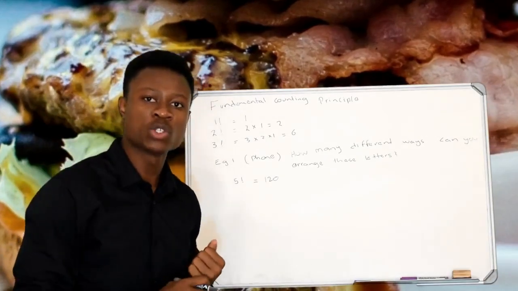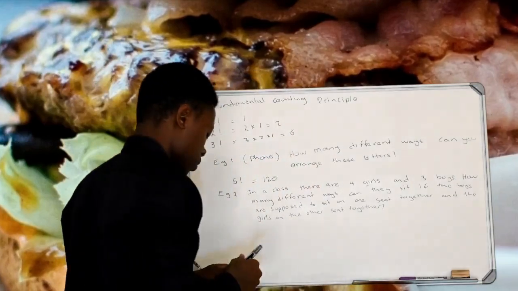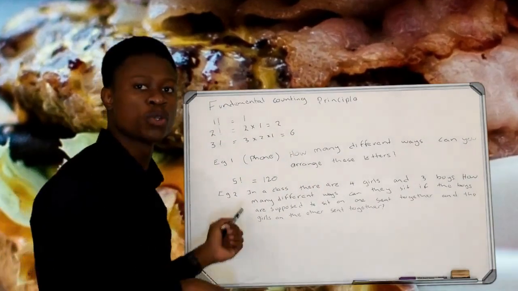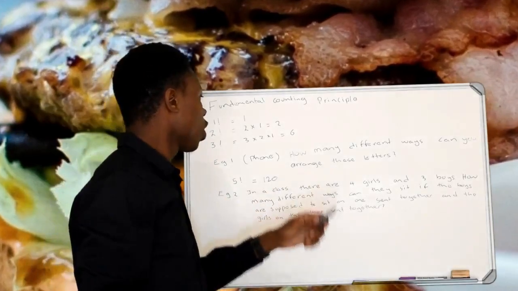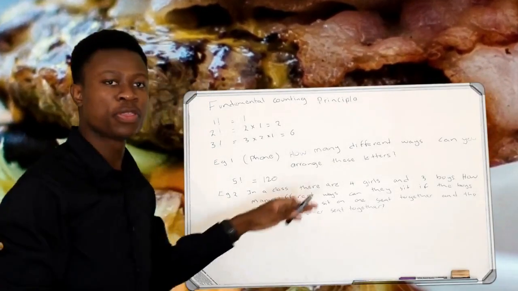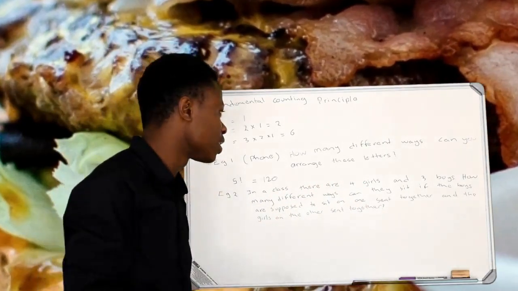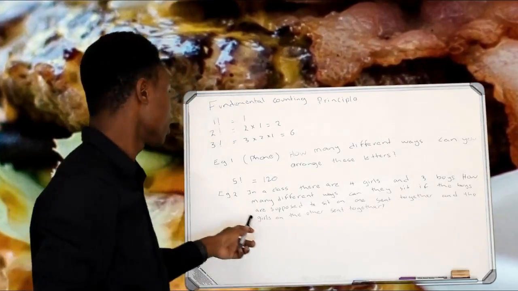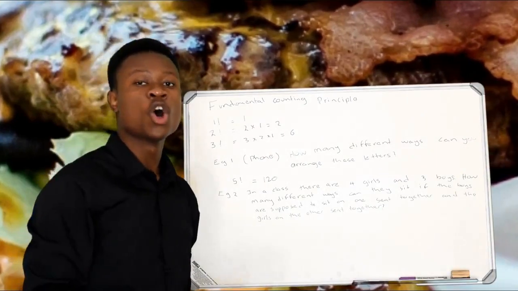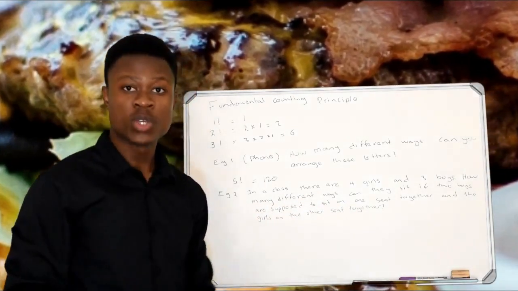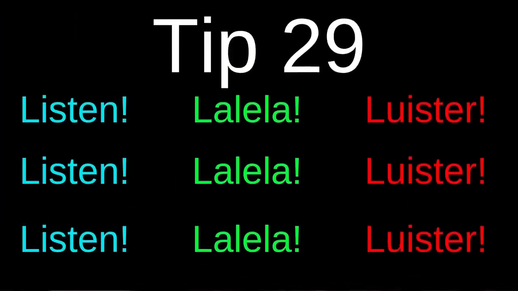So let's look at another example, right? This example is a little bit more tricky. Okay, so my example 2 reads: in a class there are 4 girls and 3 boys. How many different ways can they sit if the boys are supposed to sit on one seat together, and the girls are supposed to sit on another seat together? There are two seats, and the boys are supposed to sit on one, the girls are supposed to